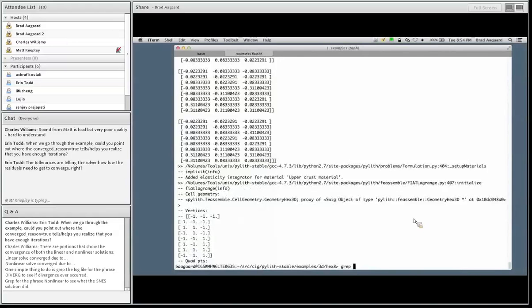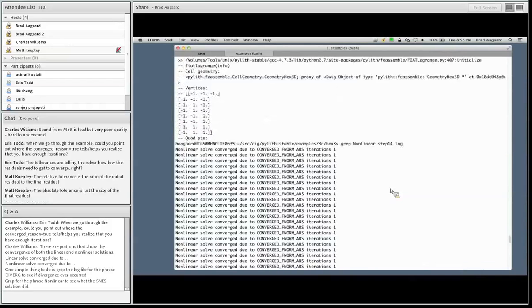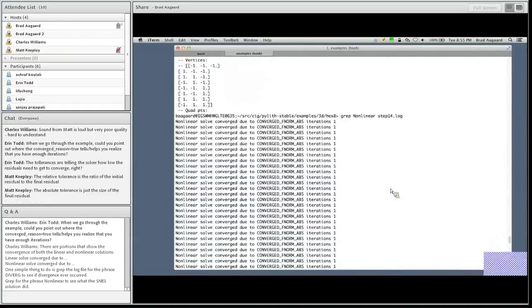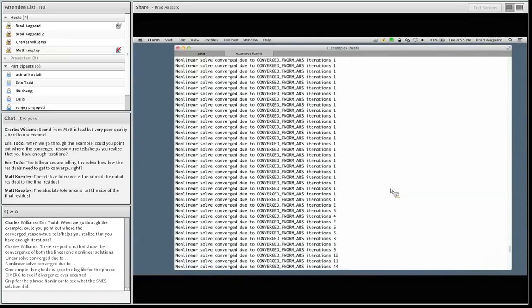So let's do a grep first. I'm going to do a grep for nonlinear in step 14.log. And so what it did is it pulled out all of those times where it said whether it converged or not and why. And so you'll see here that for every single time step, we now have what the nonlinear solver decided to do. And so you'll see for a number of time steps, it converged to the absolute tolerance in